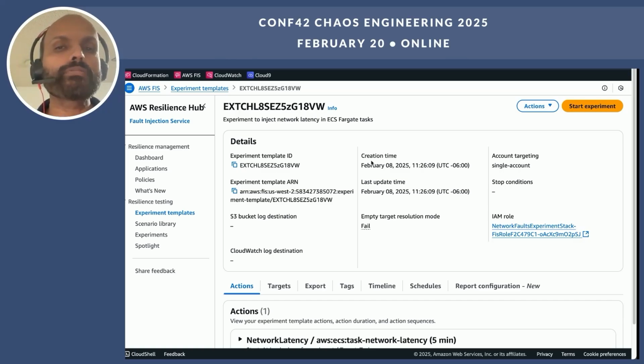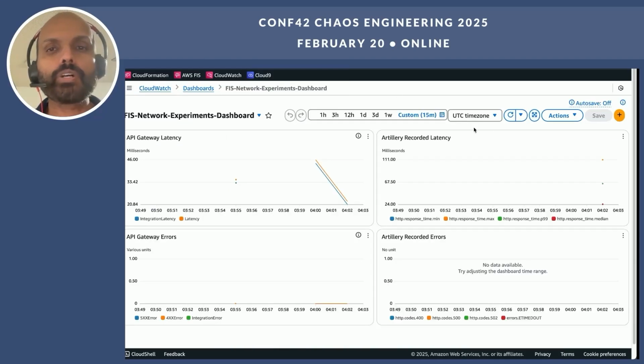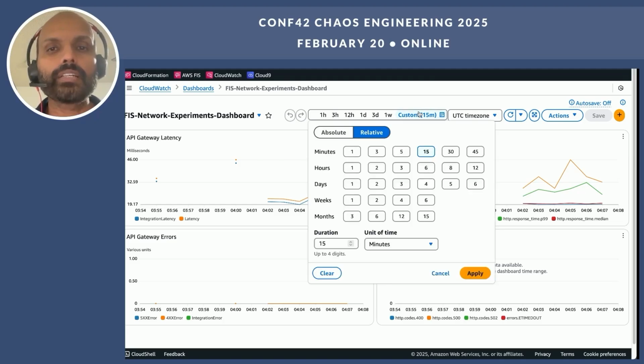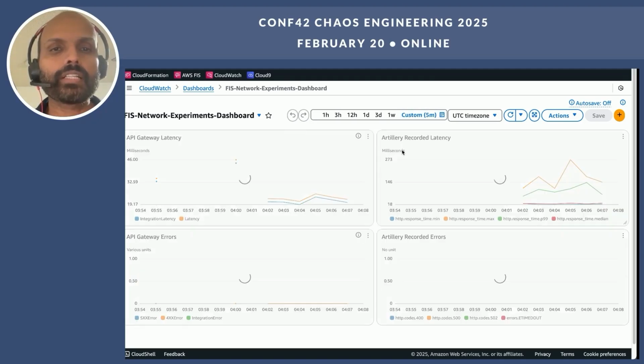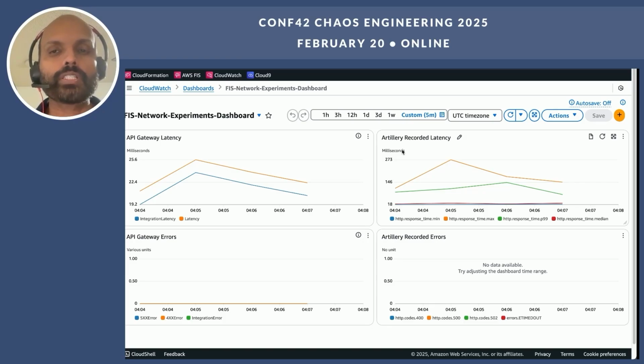What is the value of the key metrics that we are interested in? So let's go back and take a look at our CloudWatch dashboards that should have caught up with the load generation script. Let's say in the last 5 minutes, what do the metrics look like? As we expect, there are no errors from our API.